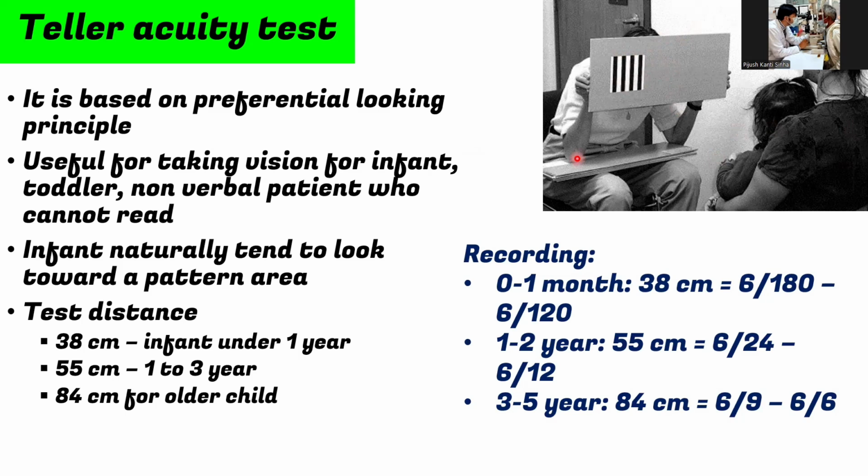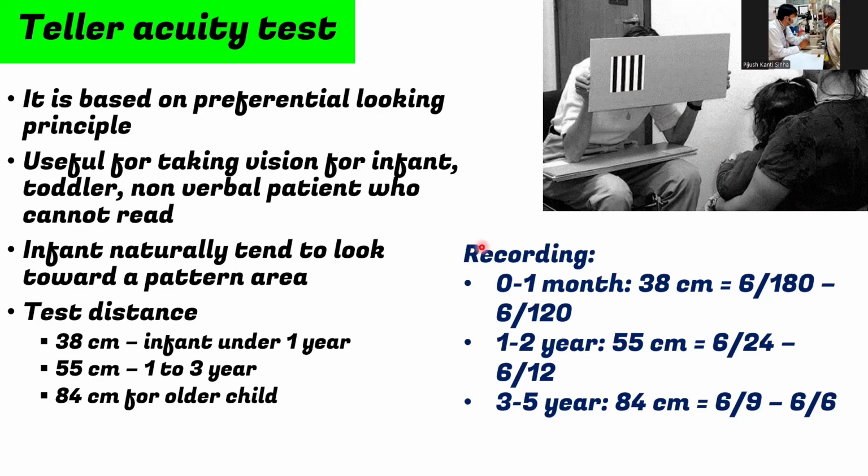Okay. So here, the examiner will first start with the broader strips, so that the child gets attention there and sees the strips. If the examiner notices that the child is seeing them, then the examiner slowly reduces the width of the strips to test finer visual acuity. And when the child stops responding, the last card that attracted their gaze indicates their visual threshold. This spatial frequency is then converted into Snellen equivalent or visual acuity.